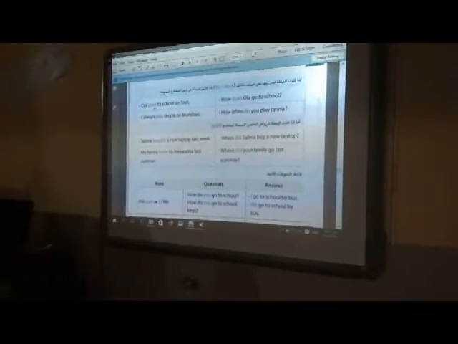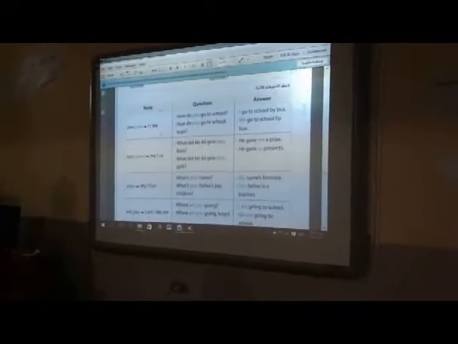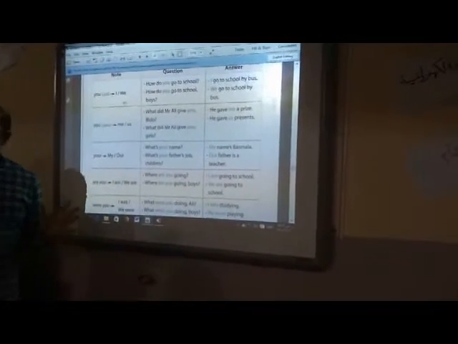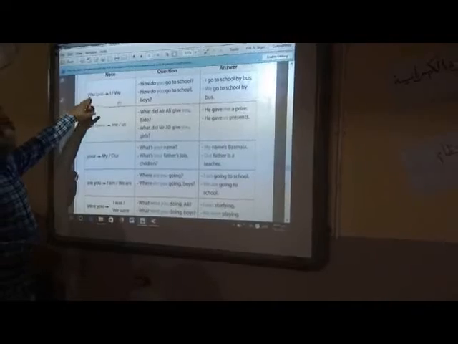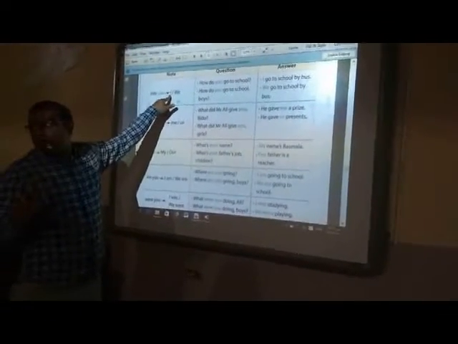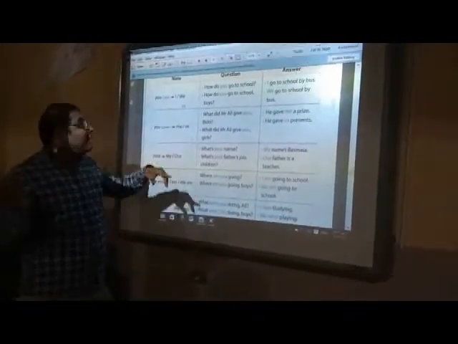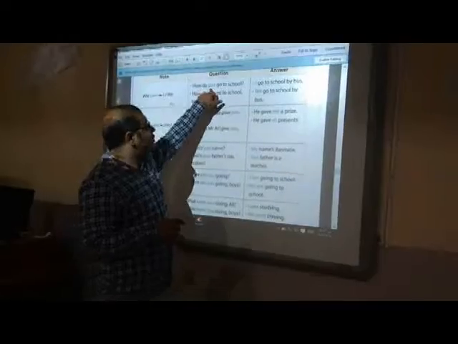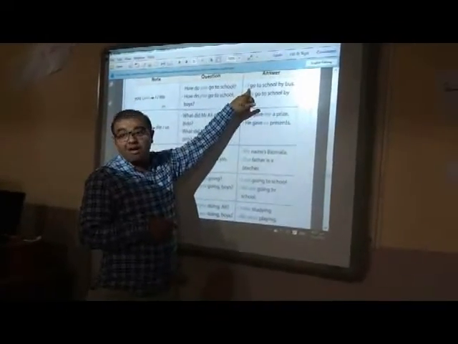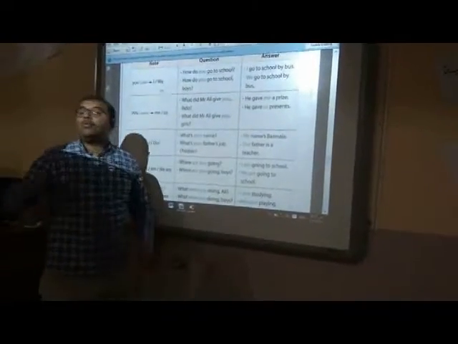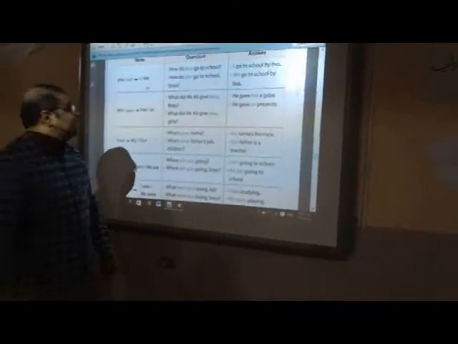Now, note the following. Some pronouns can be changed, like what? You can be I or we. I for singular, we for plural. Look at this sentence. How do you go to school? Here the word you, we change it to become I, because in this sentence I'm talking to one person, okay? But if it is plural,